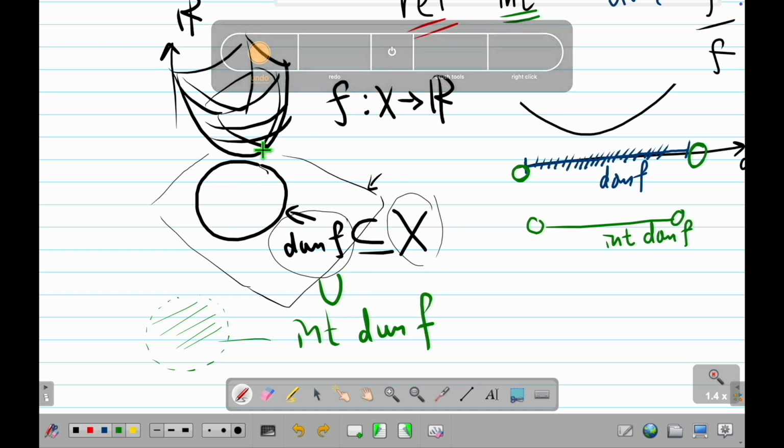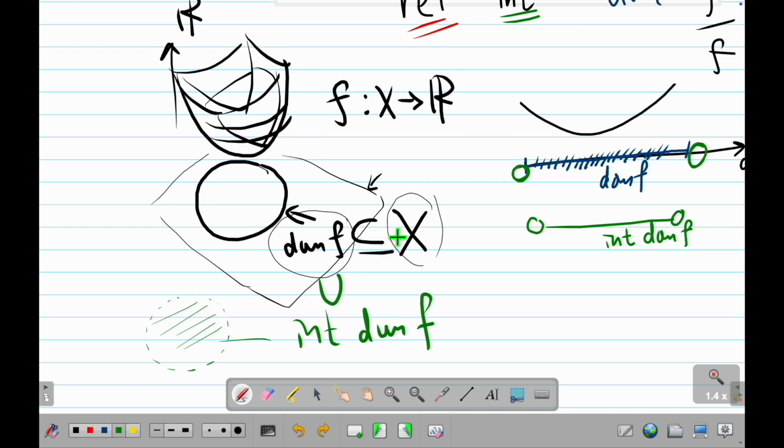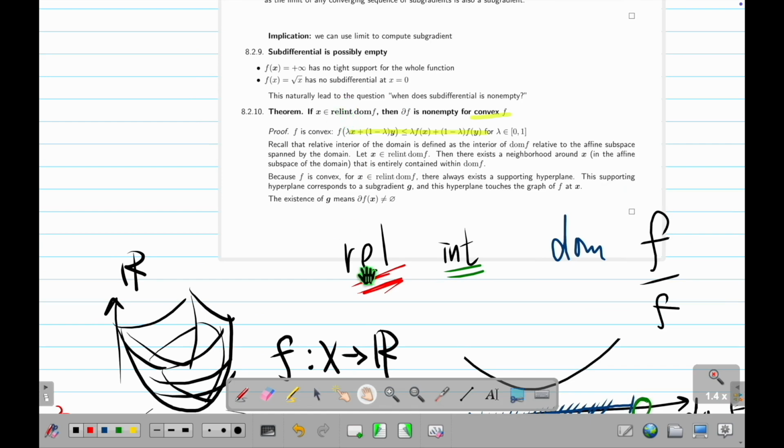Now, because this is a vector space, that means we can talk about linear algebra: dimension, rank, that kind of thing. So basically, the relative interior is saying that if this thing is rank 2, that means dimension 2, because this is R2. Let's say this is R2. Then this thing has dimension at most 2. So this is the meaning. This means I'm relative to this. So in other words, what the heck is this? This means